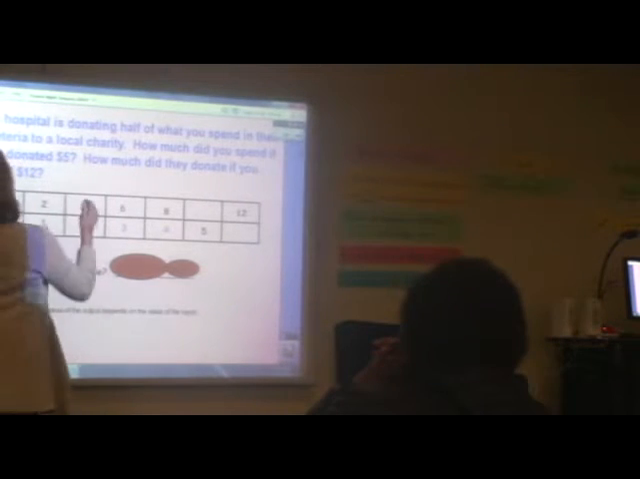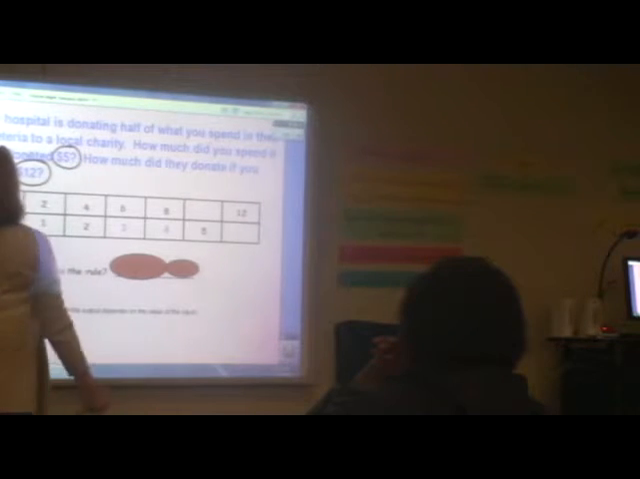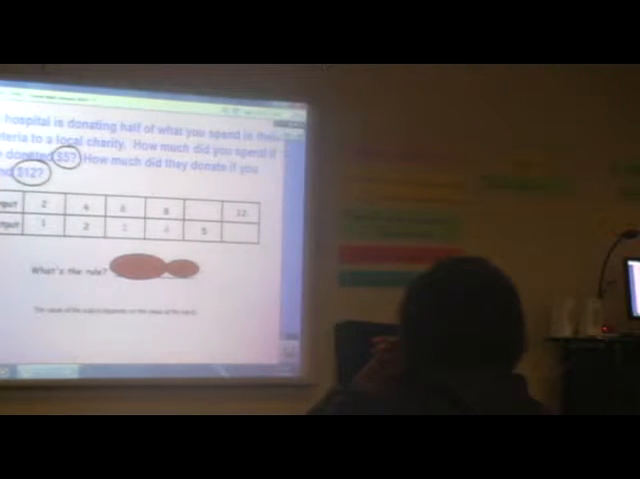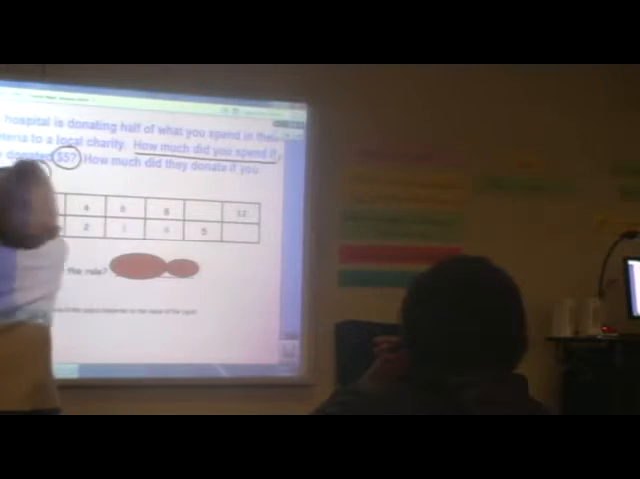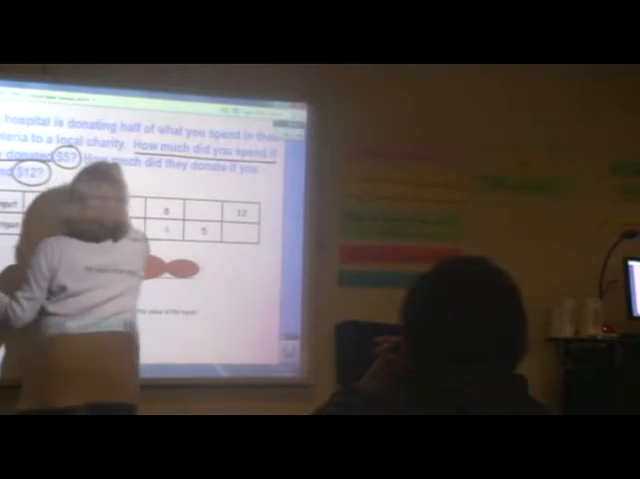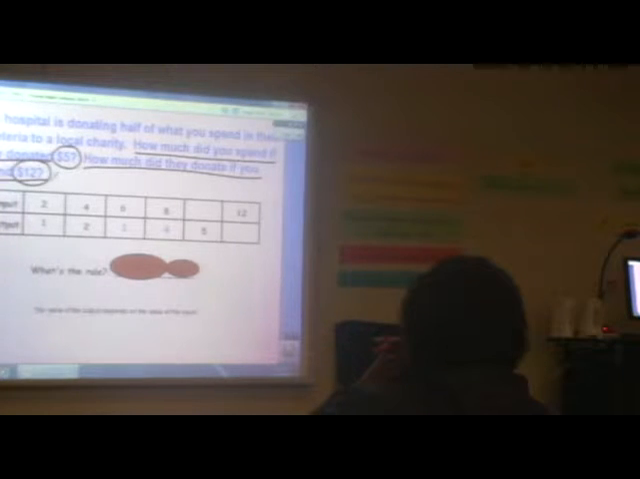All right, let's circle the numbers again, so we can see what we're working with. All right, I'm going to underline the question. What are the questions? I think I see two. How much did they donate? And how much did they donate if you spend $12? Okay. All right, so if I spend $2, they're going to donate